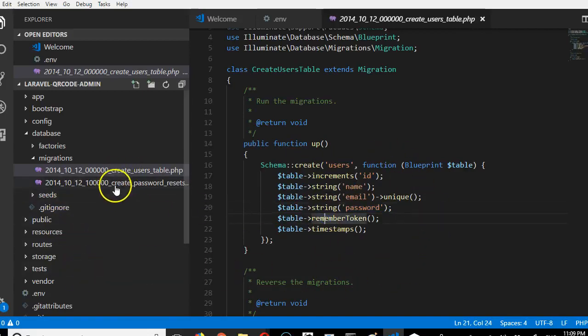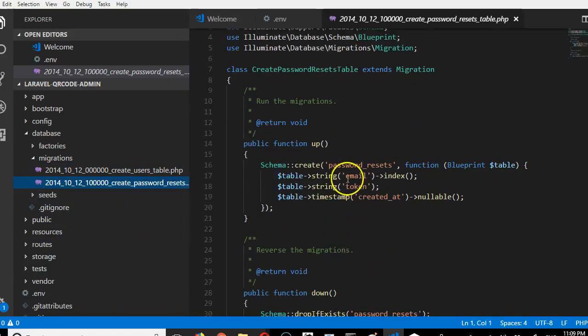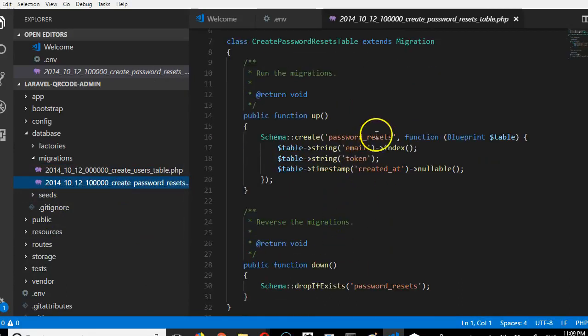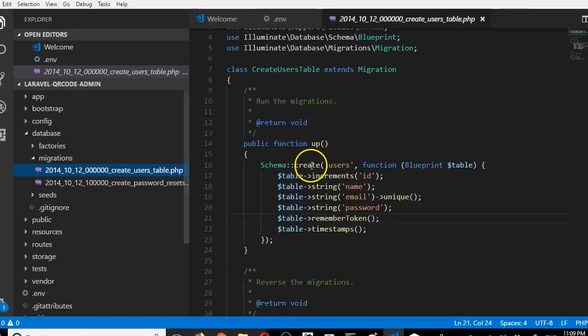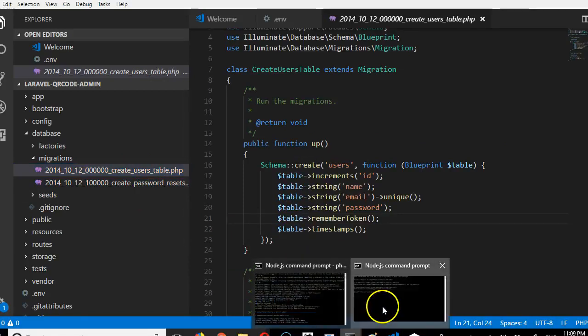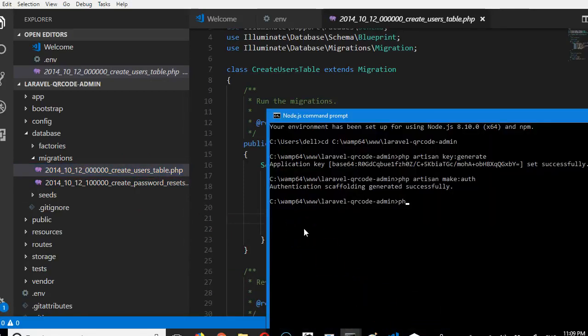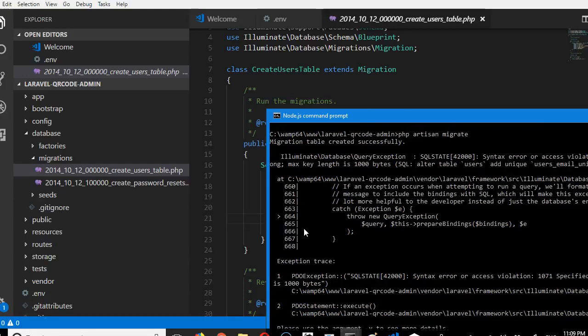Alright, the next one is the create password reset table. So it just has two tables. Let's run the migration. We're just going to do php artisan migrate, hit enter, and we have an error. Okay, so this is the